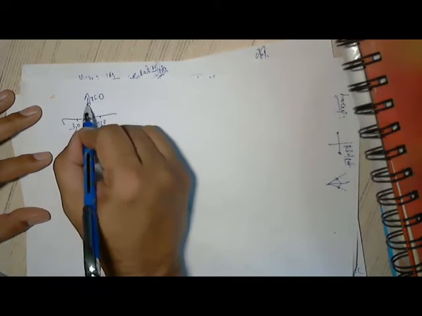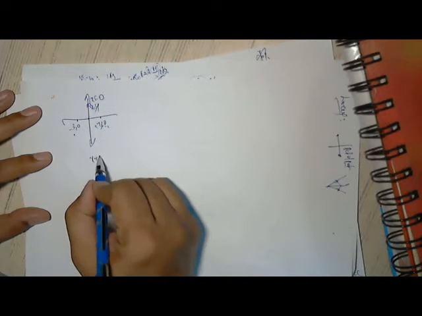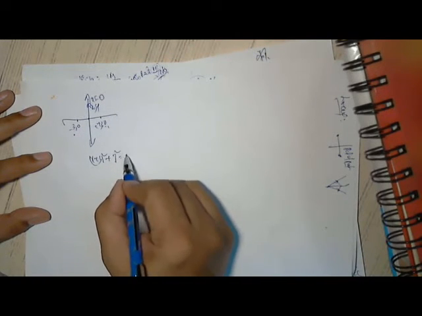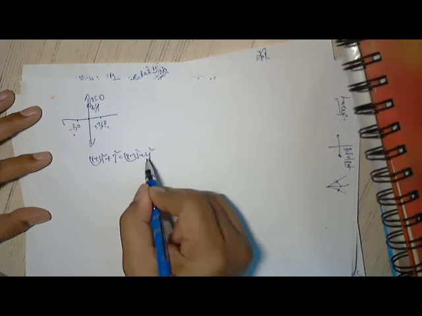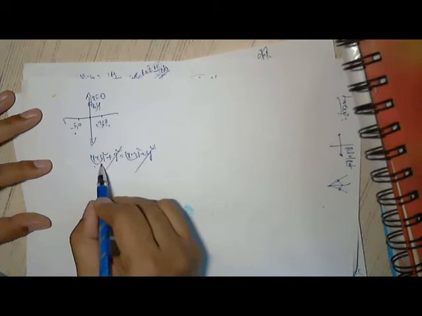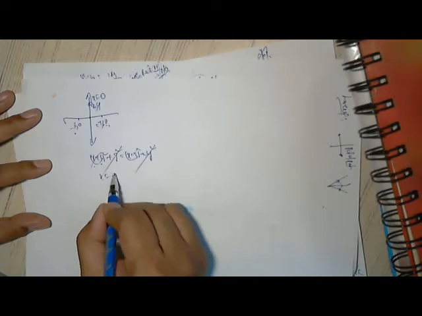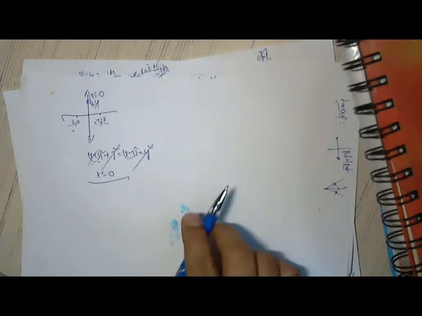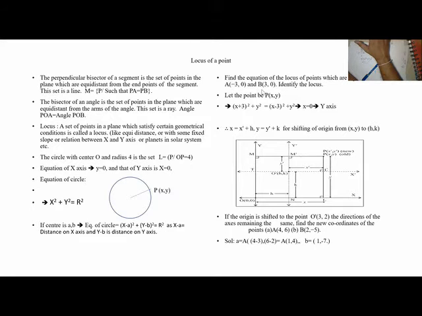Even if I do this with (x, y), (x plus 3) whole square plus y square is equal to (x minus 3) whole square plus y square. Y square gets cancelled, so a square plus b square get cancelled. So x is equal to 0, I am getting. Any point given in the coordinate axis, we should visualize. By the exercise given, you should visualize this on your mental graph. Minus 3, 0 and 3, 0, obviously (0, 0) is the center point.